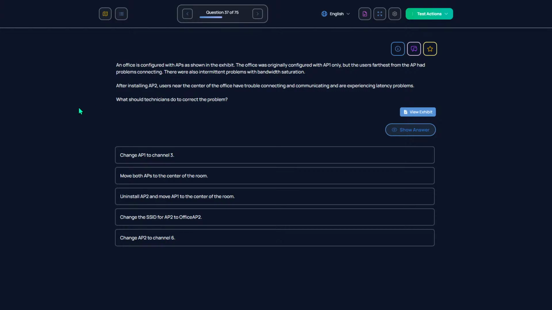An office is configured with APs shown in exhibit. The office's wizard is configured with AP1 only, but the users furthest from the AP had problems connecting. There were also intermittent problems with bandwidth saturation. After installing AP2, users near the center of the office have trouble connecting and communicating and are experiencing latency problems.